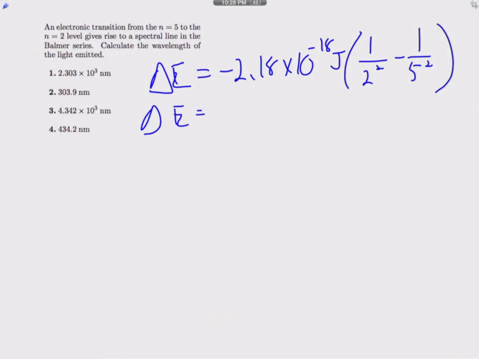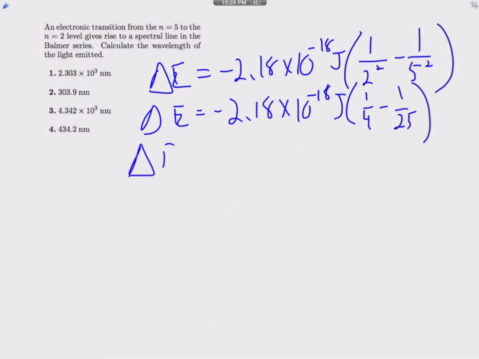So change in energy, negative 2.18 times 10 to the negative 18th times 1/4 minus 1/25, and that gives us negative 2.18 times 10 to the negative 18th times 0.21,